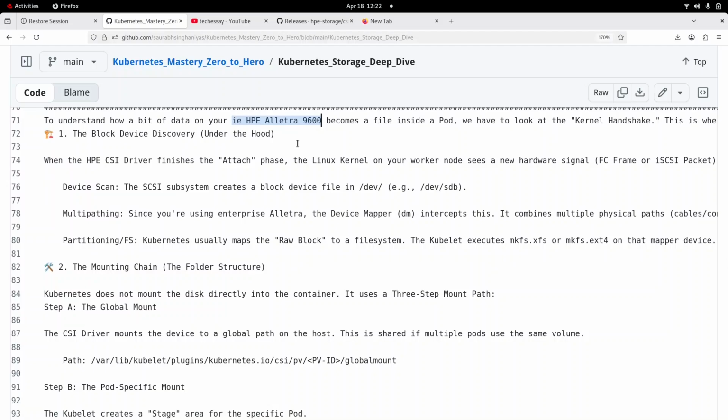Let's take an example of HP Alletra 9600. This is enterprise-grade storage that is mostly used in enterprise environments. I am just taking this as an example; in your case the storage might be different. So you have to scan the devices, which will be shown mapped by the SAN zoning to your